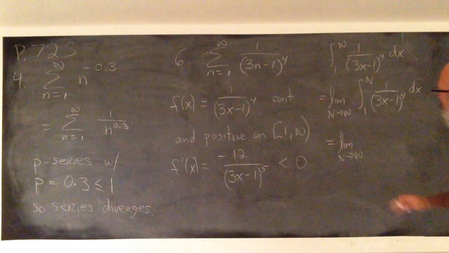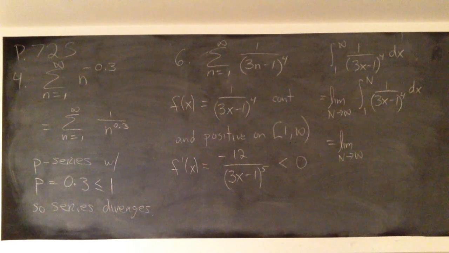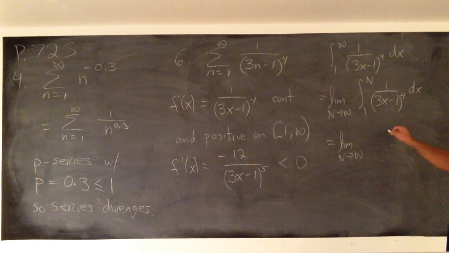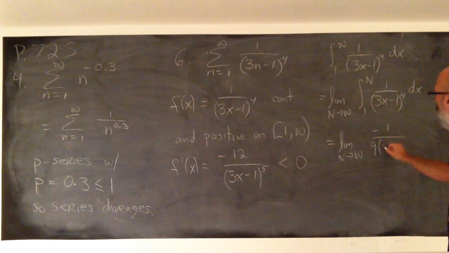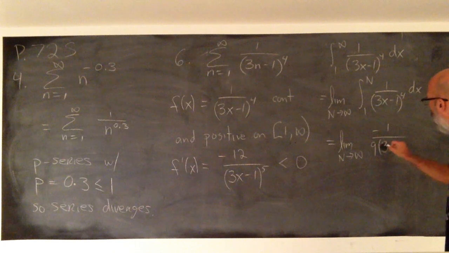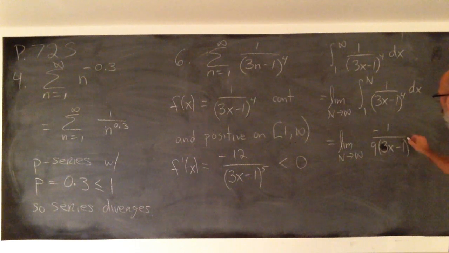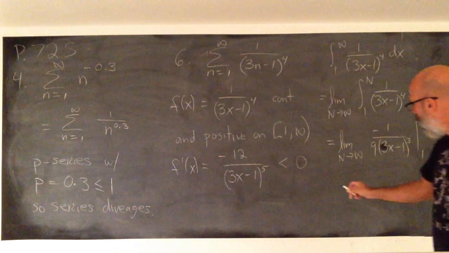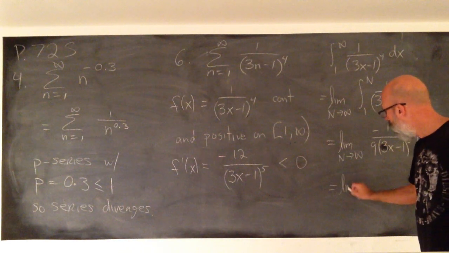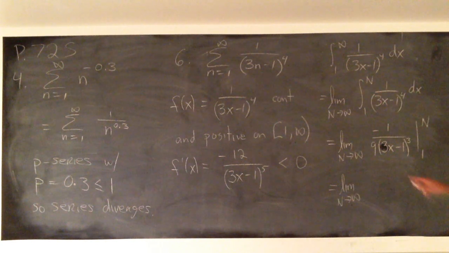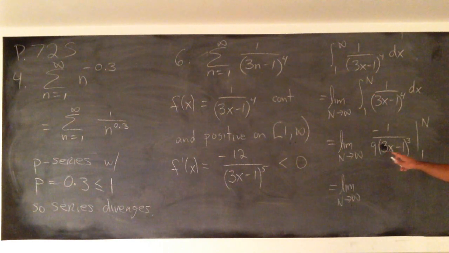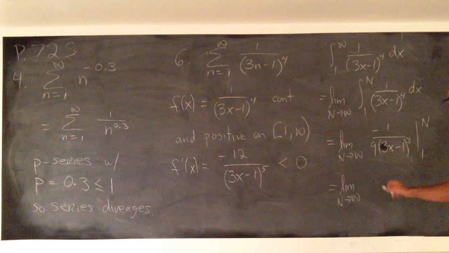You know how to integrate. A simple u substitution does the trick. What do we get? Minus 1 over 9 times 3x minus 1 cubed. Is that correct? Which is, evaluated from 1 to n,